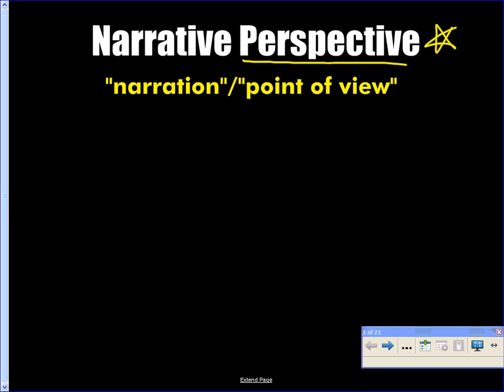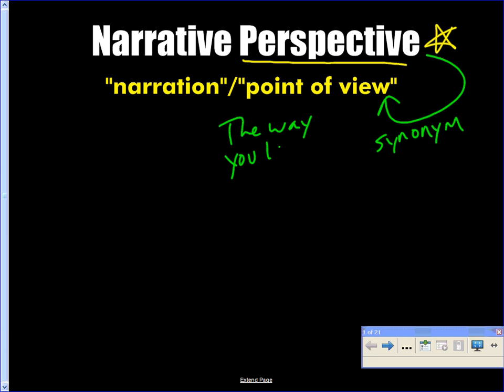We see this word perspective. The word perspective is fairly synonymous with the word point of view. And of course, point of view is defined as the way you look at something. The place in which you stand when you're looking at something. Your position relative to whatever you're looking at. So we have this over here on this side, has to do with perspective, the way you look at something.